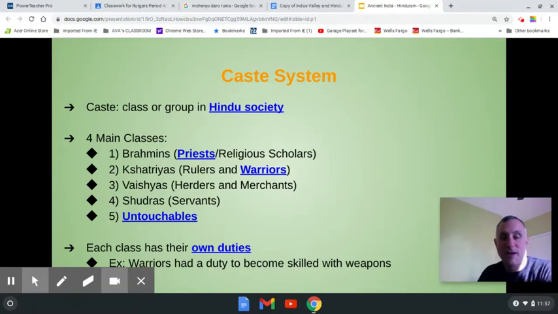Okay. The 4 castes looks like there's 5. There's not really 5. There's 4, and then there's the outsiders. Brahmins are like priests, religious scholars, and whoever their kids are, they will do the same job. Kshatriyas are the second level. There's like the government and the army. If you're in that, your kids will become that. Vaishyas are herders and merchants, so farmers and herders, merchants that sell stuff to other places to help the country grow wealthy. Middle class, if you will, but middle caste or third caste.